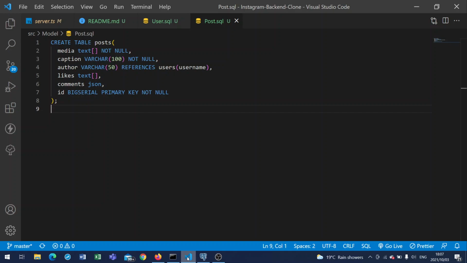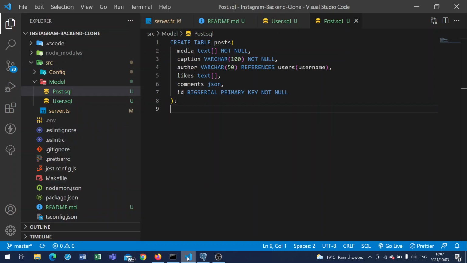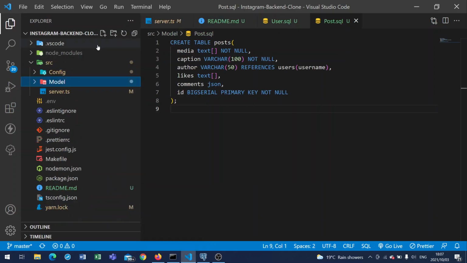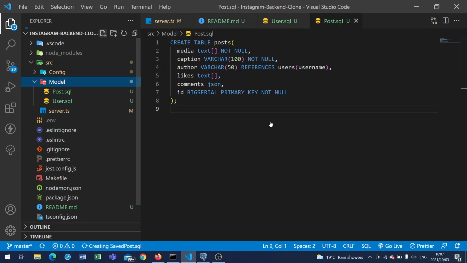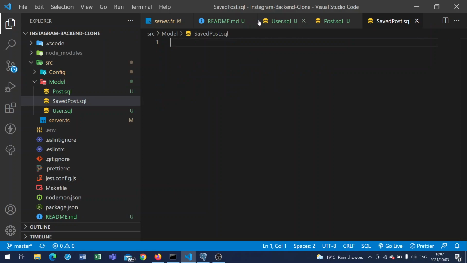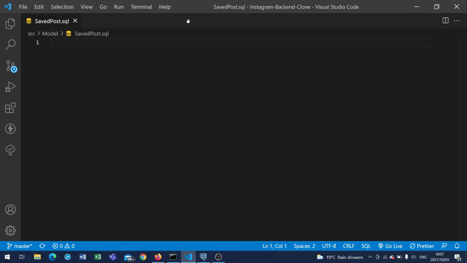And then now what we want to do is we also have saved posts, right? And that saved post, we want to create a table for that. We'll say saved post.sql, and then within this saved post.sql, so let's just kill other files so that we can have a clean space. So now we'll say here create